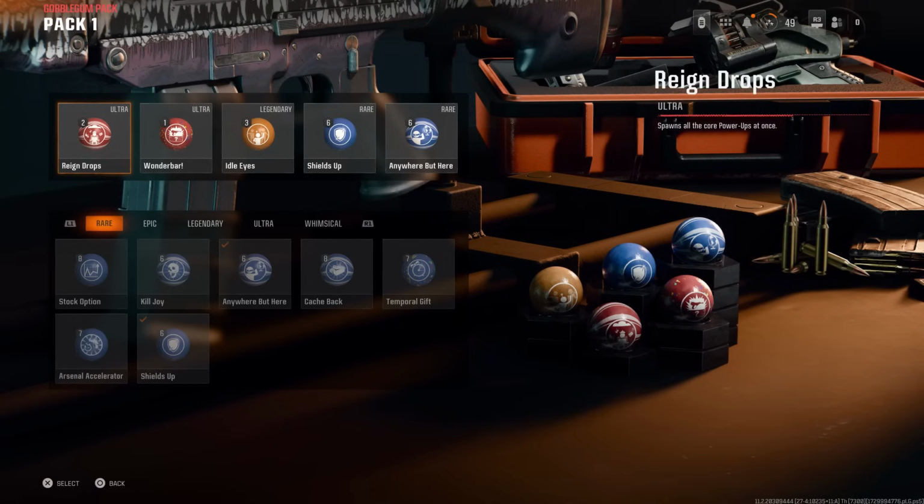The ones that I definitely would recommend you having on deck though are Idolize, which upon taking it means all of these zombies will ignore you for 30 seconds. Wonderbar, which will give you the wonder weapon from the mystery box straight away. Raindrops is pretty good, it spawns all of the power-ups at once, along with Shields Up, which refills your armor on use and makes it twice as strong,